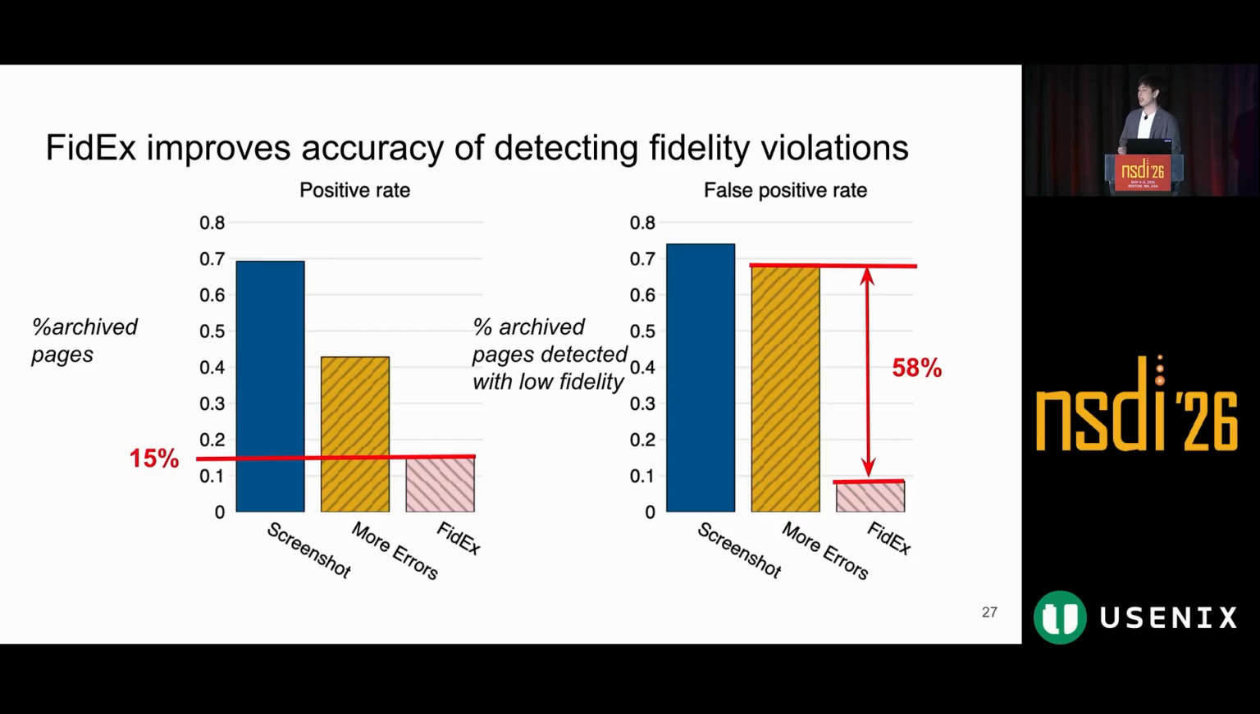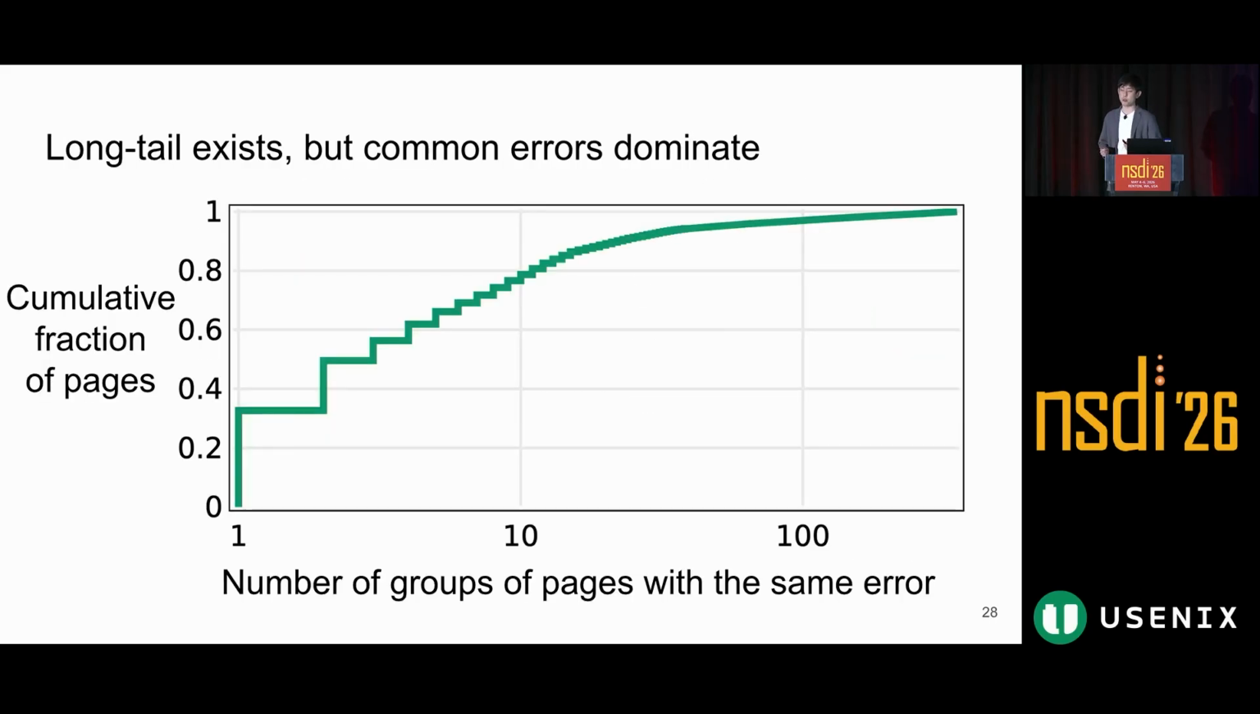We also have the ability to diagnose where the root cause is. So we run this on all the pages that we detect as having fidelity violations to pinpoint the root cause, and then we group them into different groups of errors. This figure shows the distribution of the number of groups of errors we see. The y-axis is the cumulative fraction of pages, and the x-axis is the number of groups of pages with